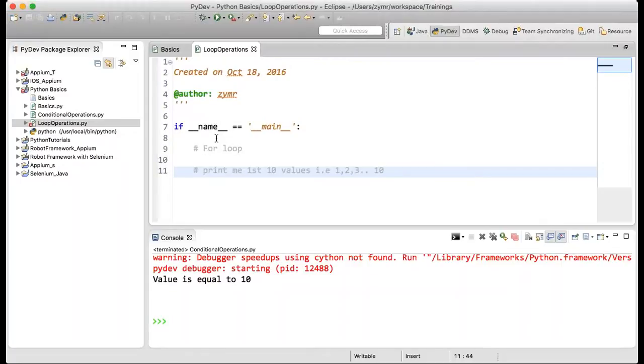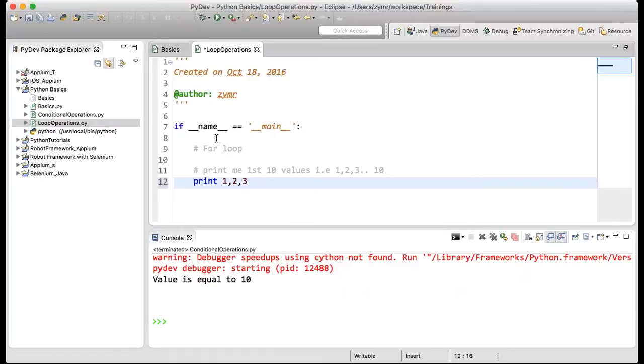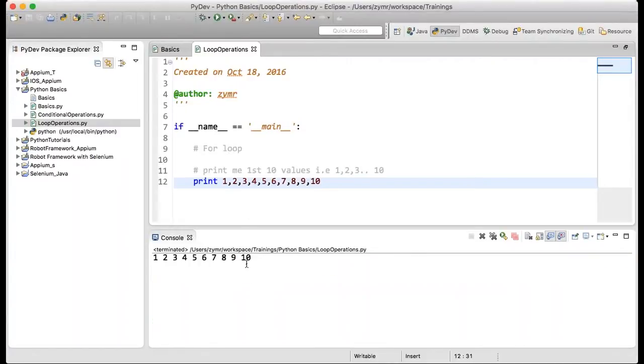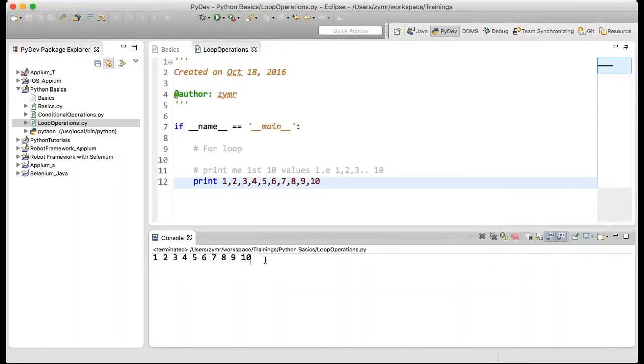Without a loop, you would say print 1, 2, 3, 4, 5, 6, 7, 8, 9 and 10. If I run this, it will print 1 to 10 as the values.